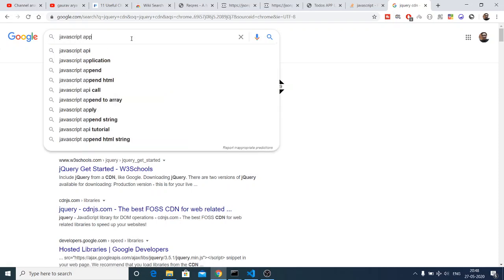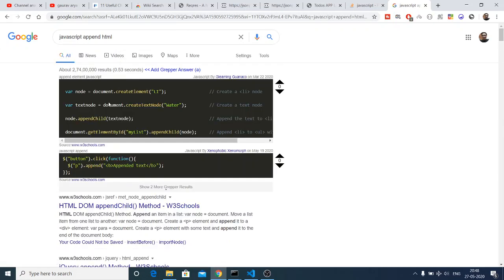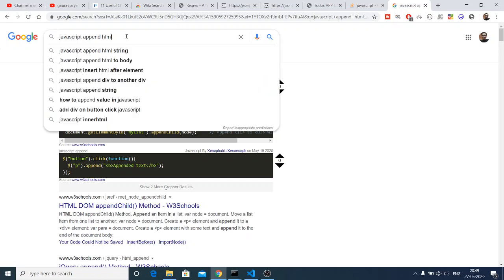Let me just search JavaScript append HTML. Create a text node, append the text to li. We can just use jQuery.